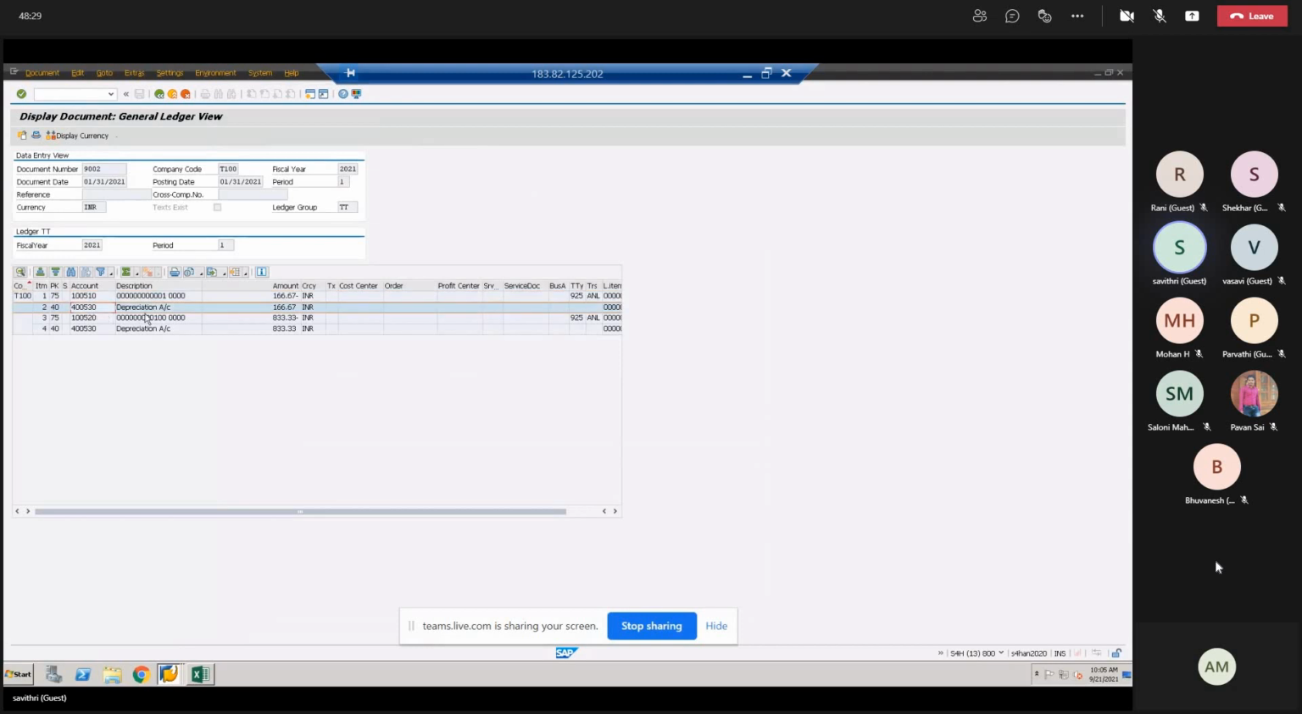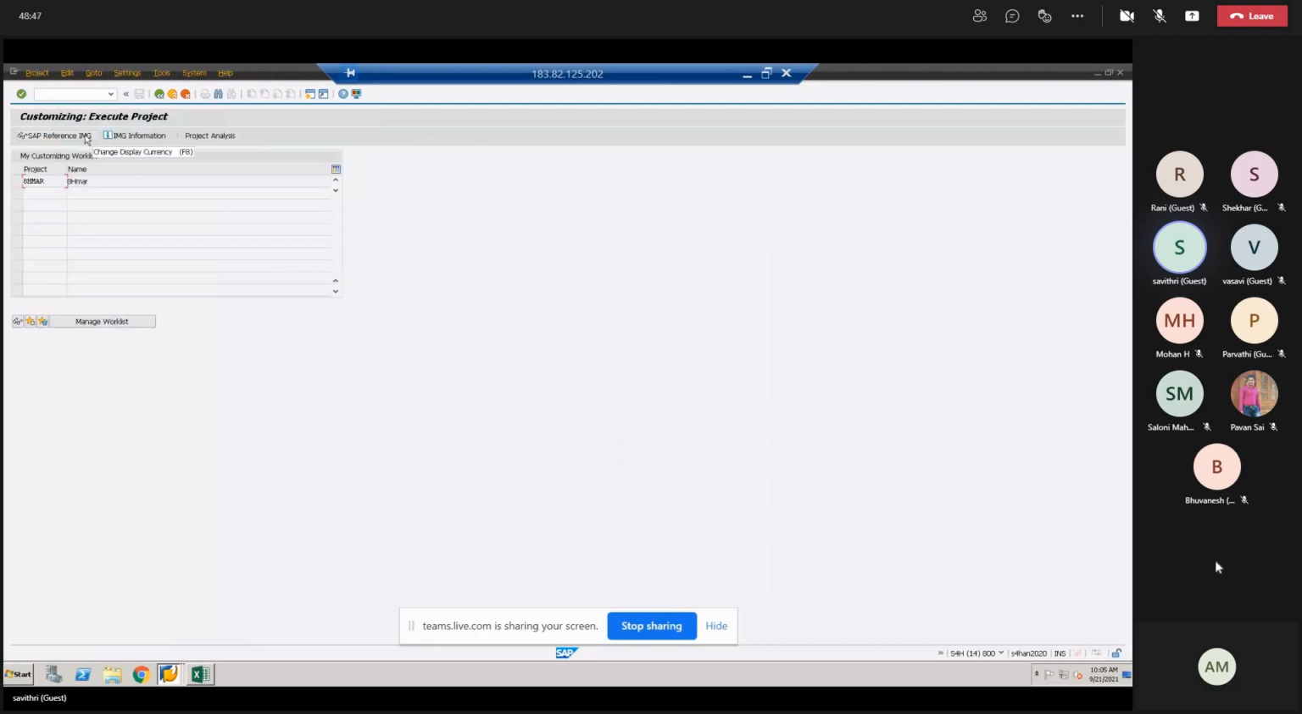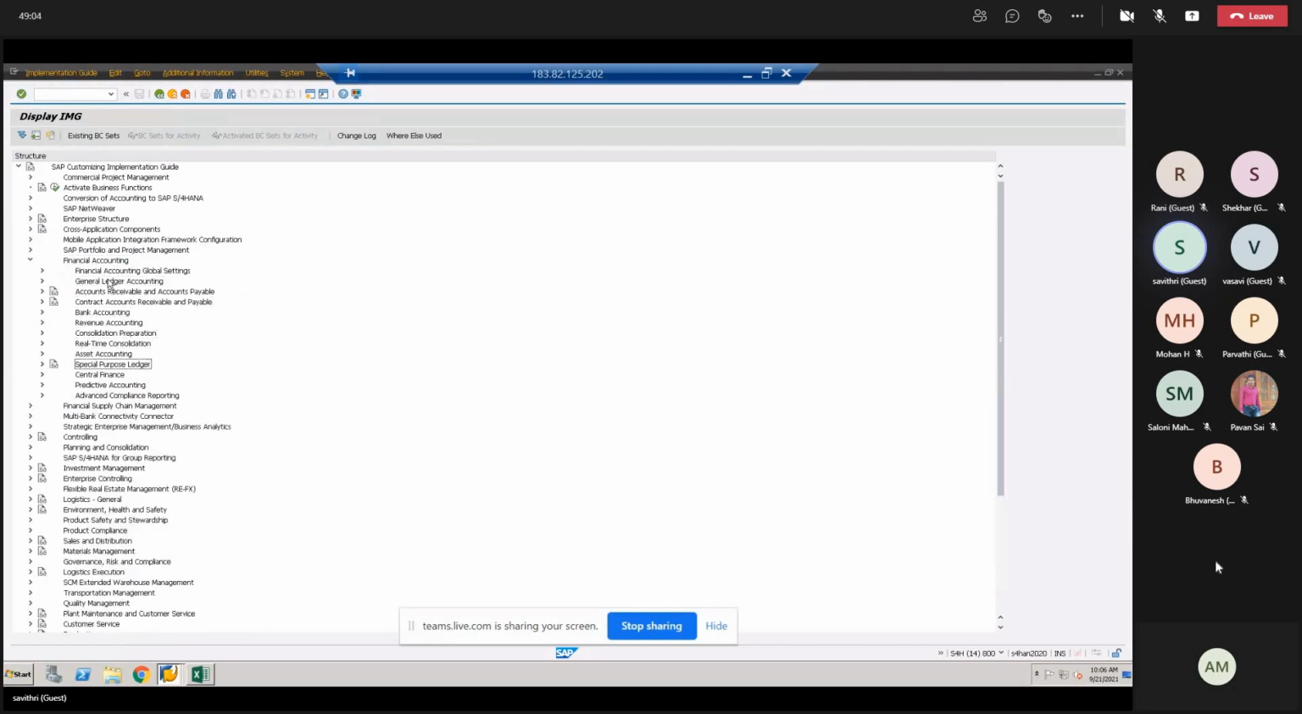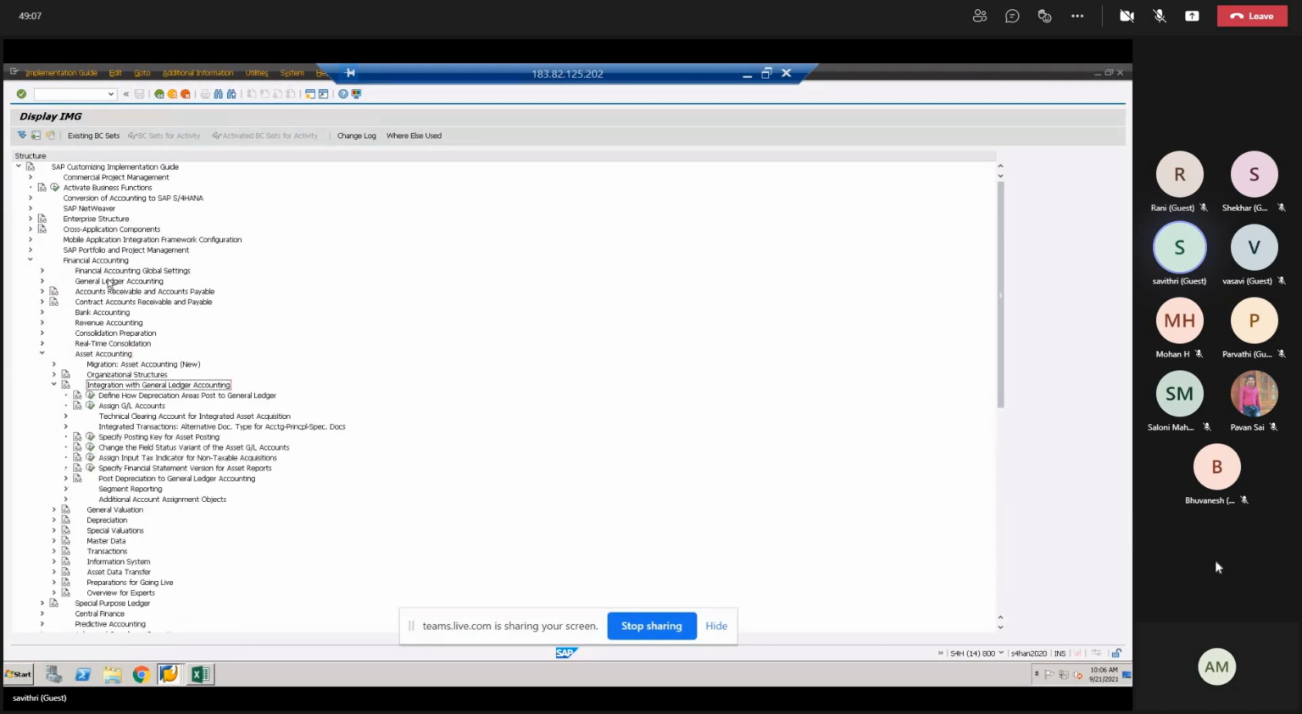That is the depreciation account debit to accumulated depreciation account. And here also the entry is depreciation account debit to accumulated depreciation account. And how is this GL getting picked up? If I go to SPRO, IMG, financial accounting, asset accounting, integration, and then go to assign GL accounts,